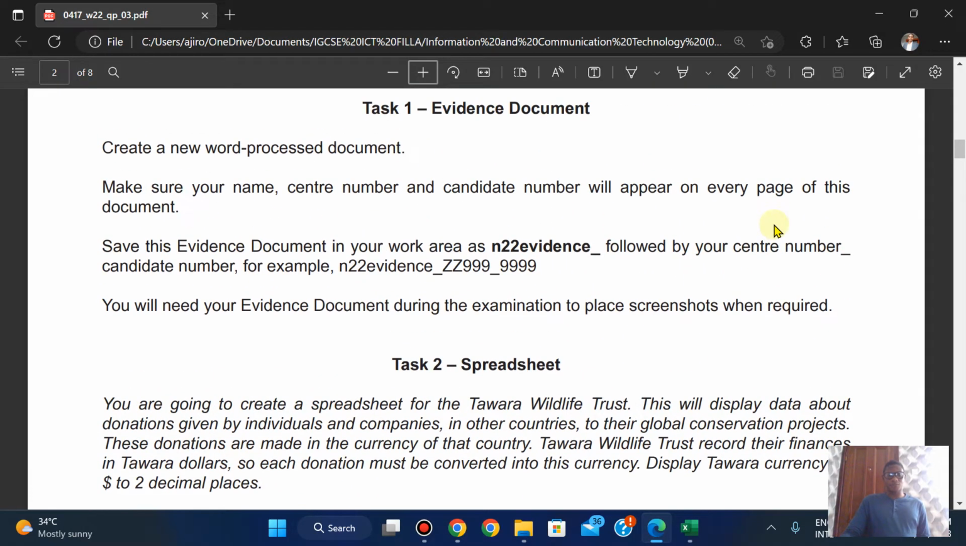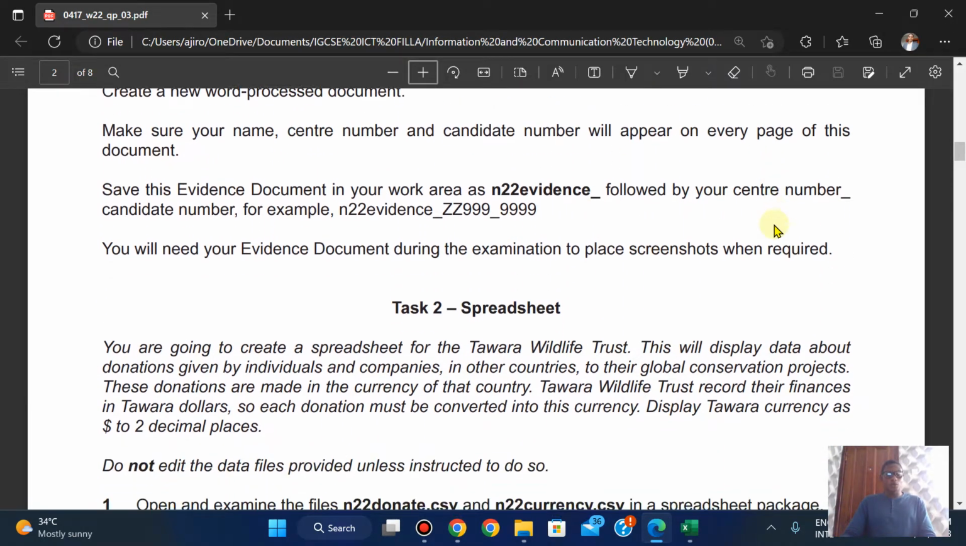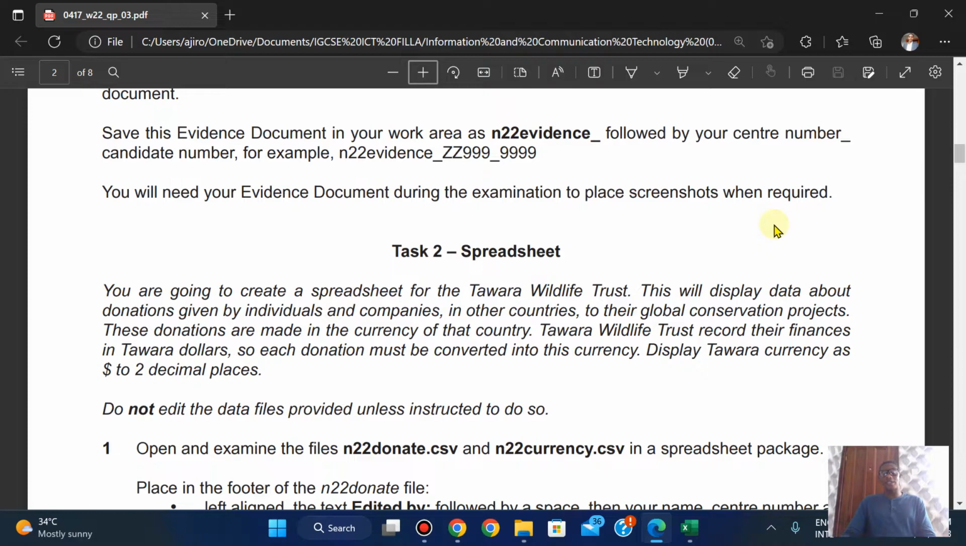Right, that's the spreadsheet. You're going to create a spreadsheet for the Tower Wildlife Trust. This will display data about donations given by individuals and companies in other countries to their global conservation projects. These donations are made in the currency of that country. Tower Wildlife Trust records their finances in Tower dollars, so each donation must be converted into this currency. Display Tower currency as,